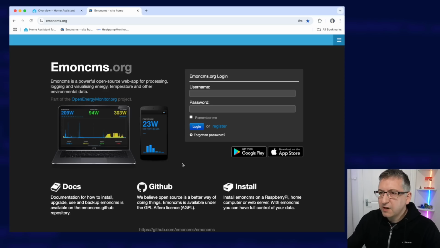If you want to know how to install Emoncms locally, then skip ahead a bit to scenario 2. But right now I'm going to show you scenario 1 using emoncms.org cloud hosting. How do you send your data to Emoncms in the cloud? So you start by visiting